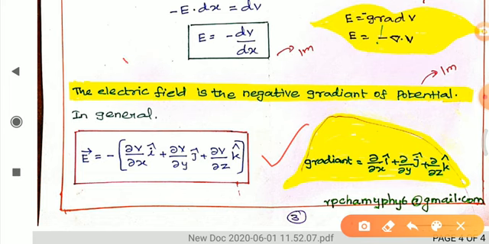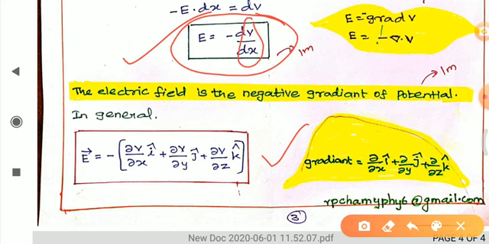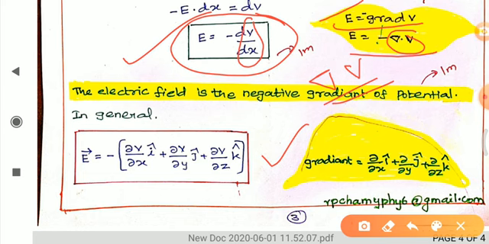But actually they will ask one more question on this formula, which is equal to minus dV by dx. Minus is nothing but negative. What is meant by dV by dx? Gradient of potential. So we can expect one more question, that is E is equal to minus grad V, or E is equal to minus del V. This is not del dot del V. You have to write it like this: E is equal to minus grad V, or E is equal to minus del V. So these are also expected in the one more question.